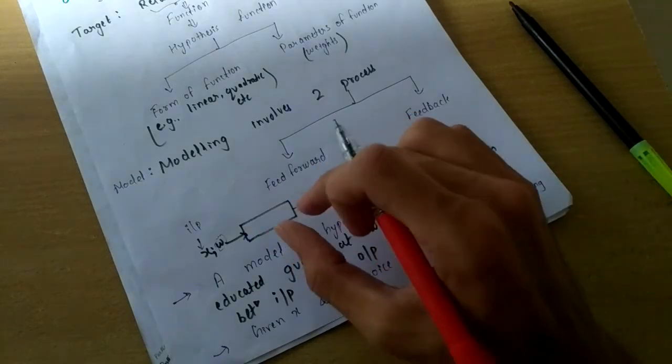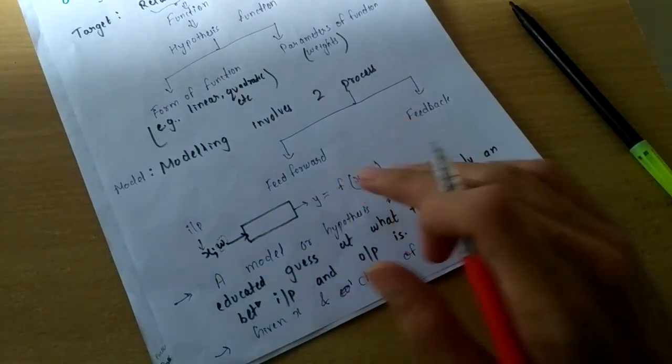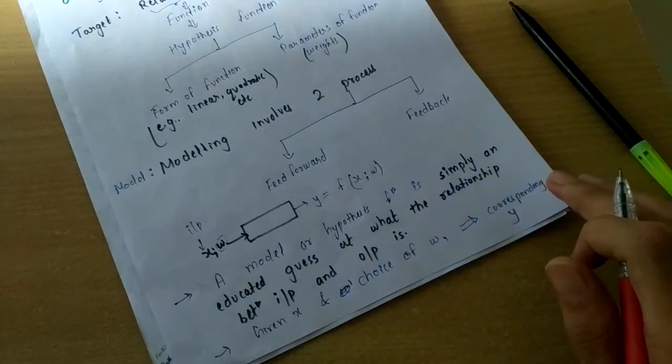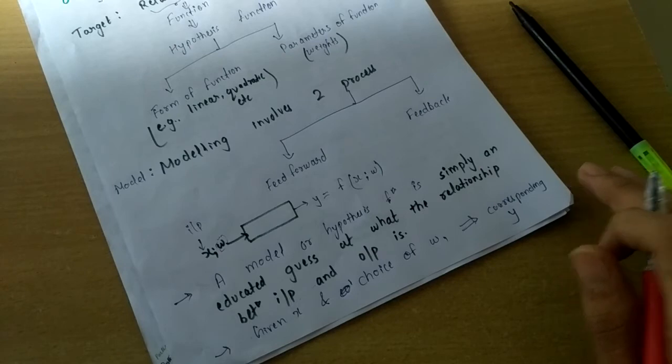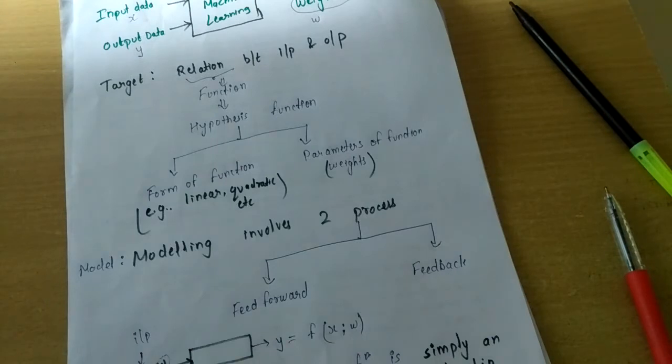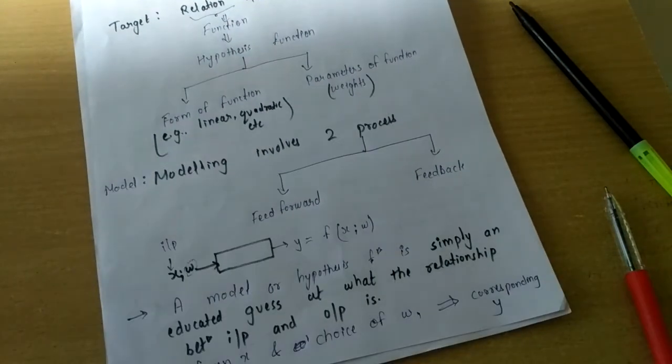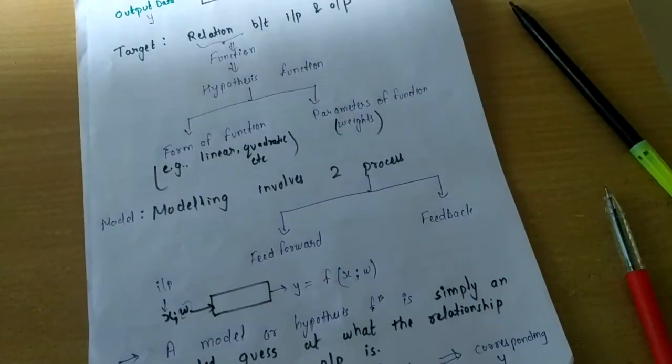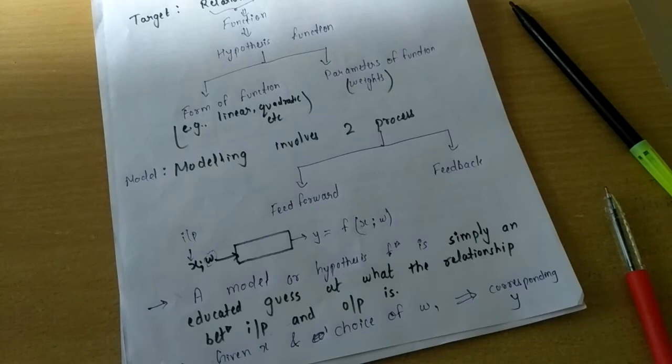This function f, which goes from x to y, is called the feed forward model or just forward model in machine learning terms. I am again giving you the overview that any machine learning problem involves a function, called the hypothesis function, and our ultimate target is to find the relationship between input and output. The only scalable parameters are weights. The hypothesis function consists of its form and parameters. I will take an example of this whole process in the next video, so don't worry.